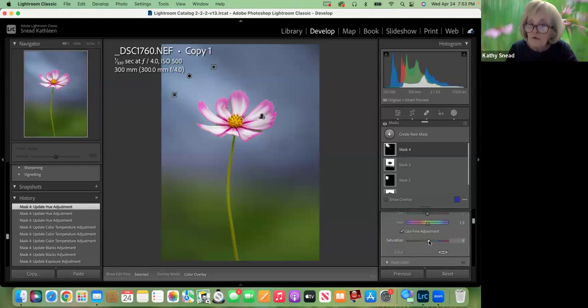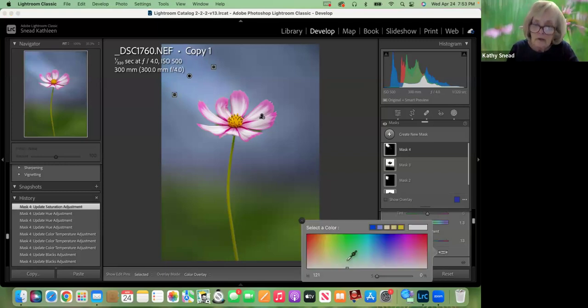I increased the saturation a little bit. And then I went down and added yellow. There. So you can play with the saturation slider down here. So that's obviously too much. Back, maybe that's good. Now, if I was going to perfect this, and you guys had like 3 hours, I